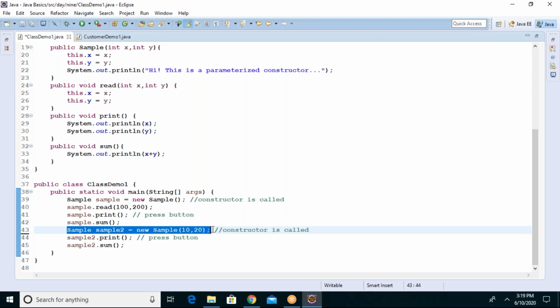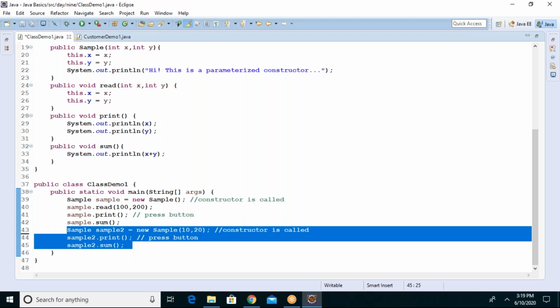Do you want to go with the read method separately to store the values, or with the constructor to store the values? Which practice do you think is better? Two in one is better, or one separate better? Guys, very simple concept. Answer me. Two in one you like, or one plus one you like? Two in one. Then which approach is two in one? Second approach. You should understand this better, because from now onwards we are going to start with constructors only.